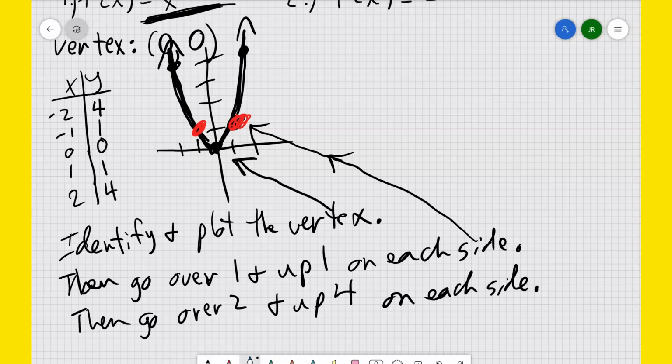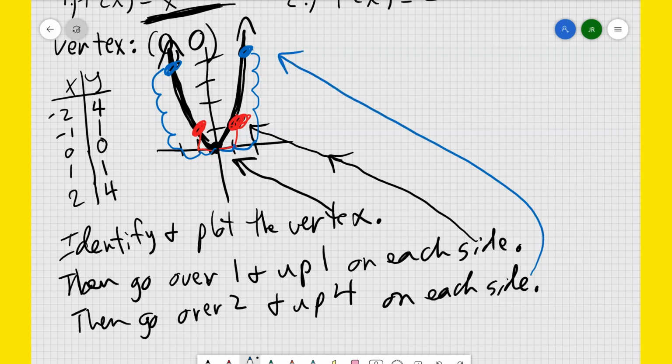Now, let me do this in a different color. I'm going to do this in blue. There are those 2 points. On the red one, I went over 1 and up 1 on each side. On the blue one, I go over 2 and up 4 on each side. And you can follow those steps as a shortcut to graph these